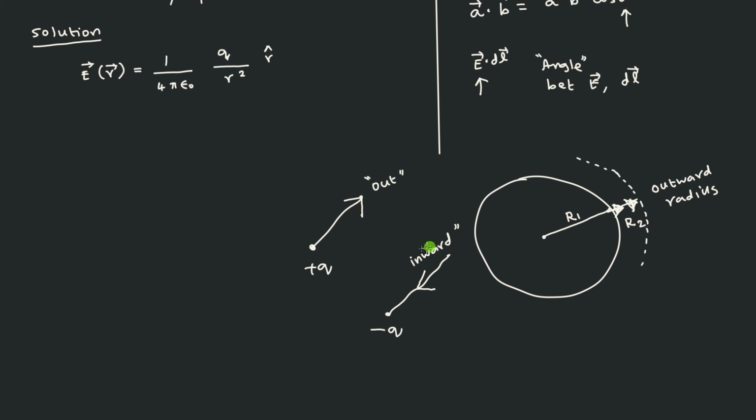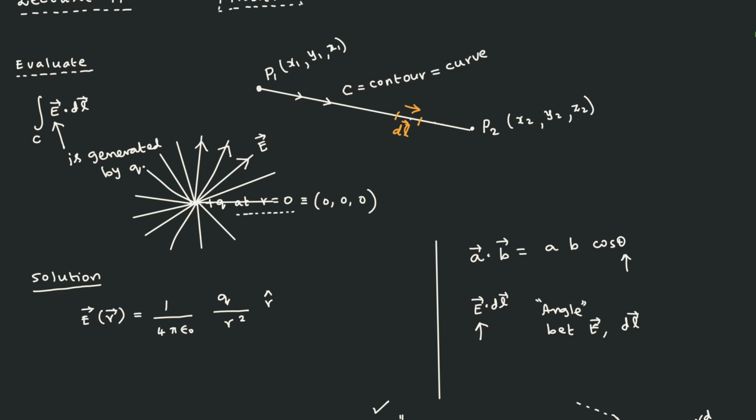So the concept of the inward and outward direction is basically obtained based on this concept. For a positive charge, you have to draw the electric field direction outward. If you have a negative charge like this, you have to draw the direction of the electric field inward. That is the meaning, and that is the terminology that we are going to use. That is what I have tried to explain here: the electric field direction is shown like this, and this is true for every line.